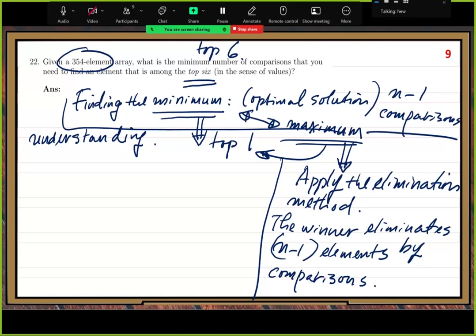The element that is among the top six. A solution, because we only have multiple solutions. So for this question, our understanding is a solution